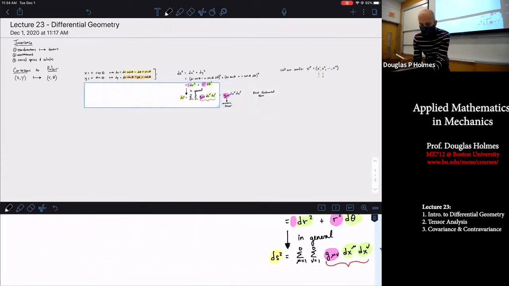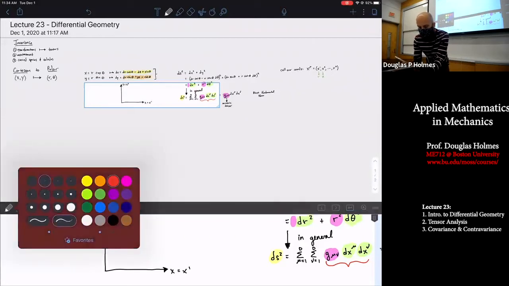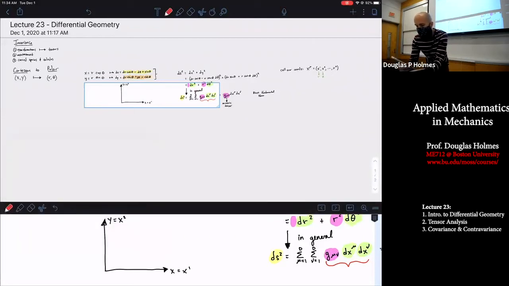You have something like x and y, or x1 and x2. And then on each of these, you could imagine a unit vector